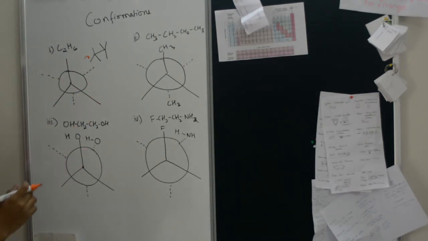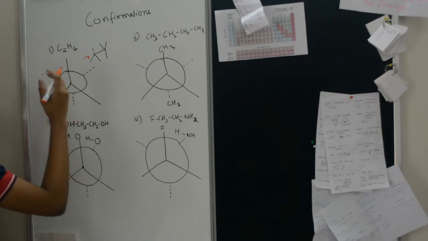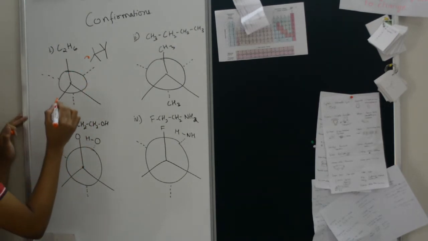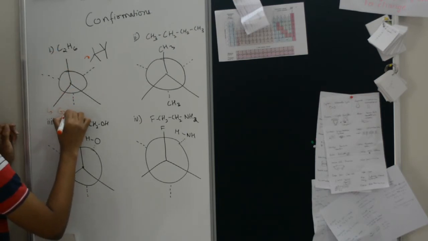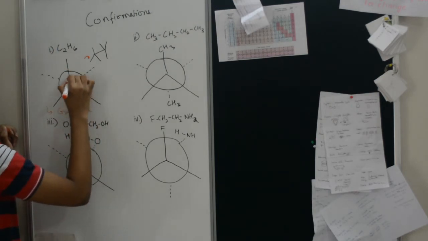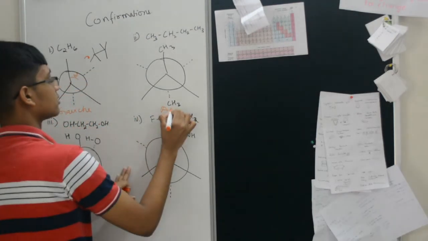This right here is the front carbon and the bigger circle is the behind carbon. And for stability, you should just memorize this. For this right here, you get gauche, which is basically 60 degrees. This here is anti,